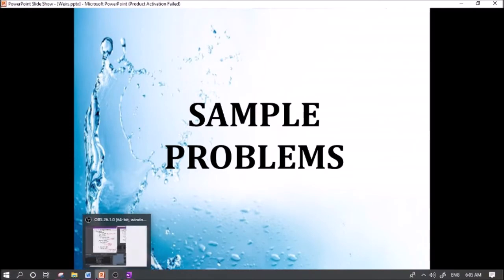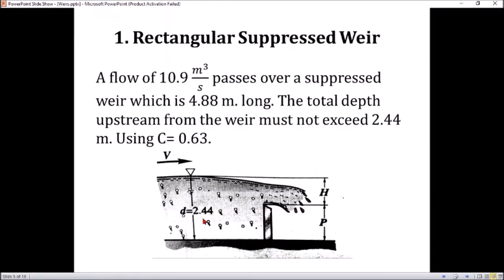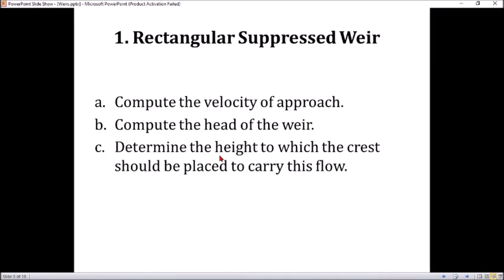Okay, so example number 1. So a flow of 10.9 cubic meters per second passes over a suppressed weir, which is 4.88 meters long. So the total depth upstream from the weir must not exceed 2.44 meters. So use C equals 0.63. Okay? So